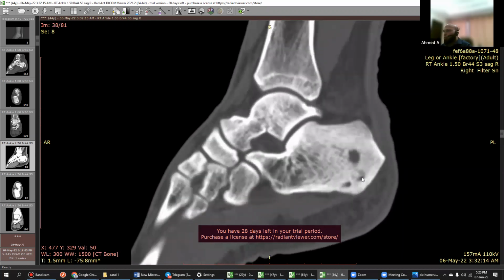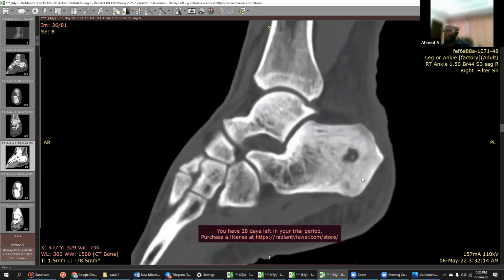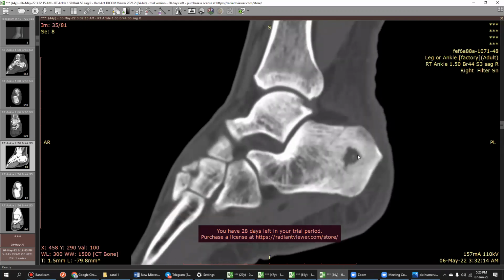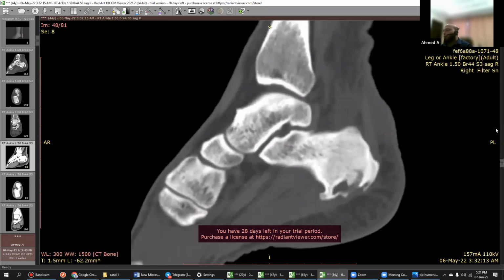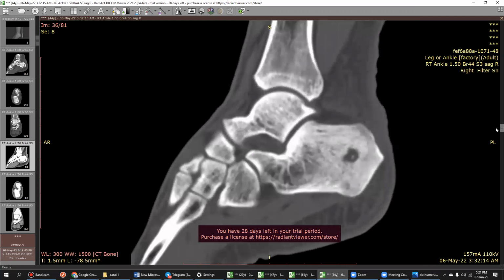What features are suggestive of osteoid osteoma in this case? There is a dense nidus and surrounding sclerosis, but this is most probably due to chronic osteomyelitis with a sequestrum within this lesion. Don't go that route. It's not an osteoid osteoma. It's a very classic case. In classic cases, you should not give differentials. Okay, this is typical chronic osteomyelitis, you are saying.